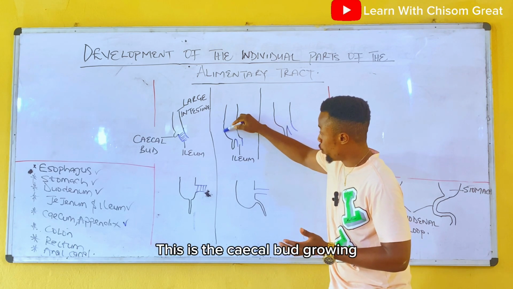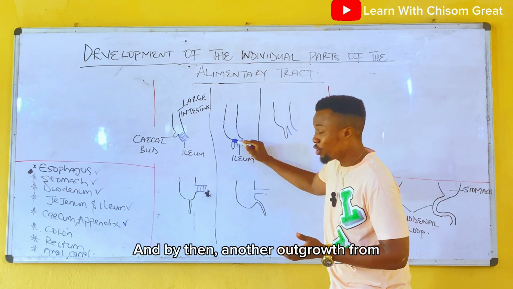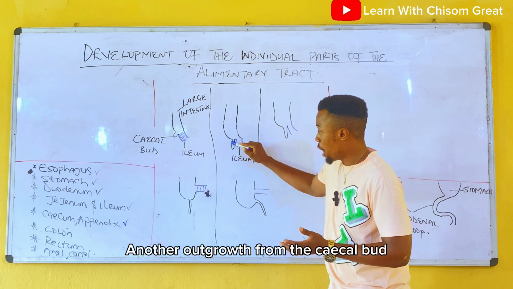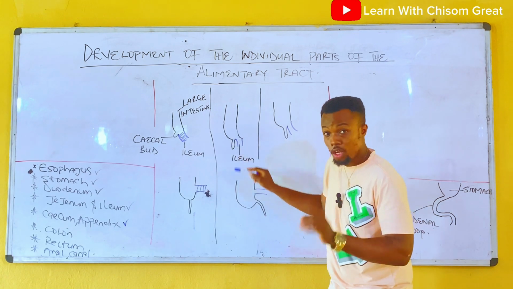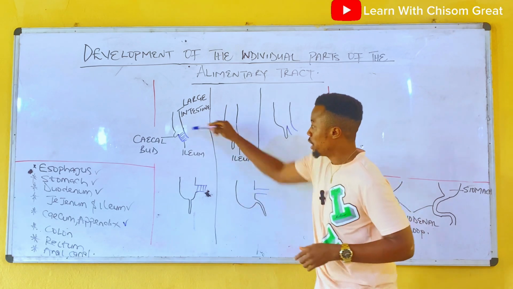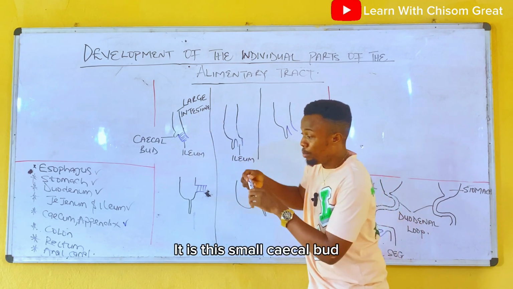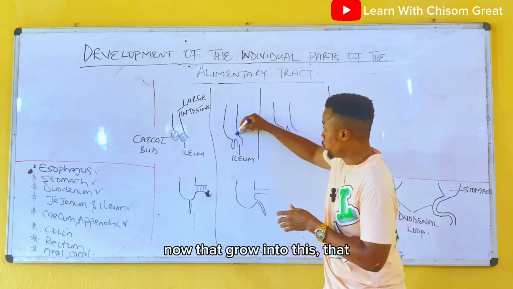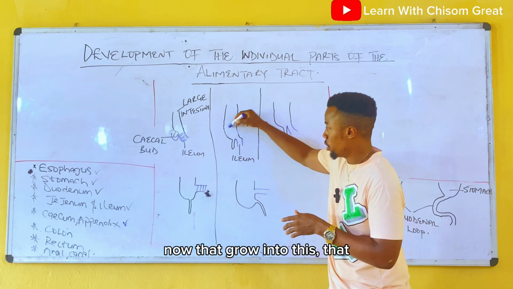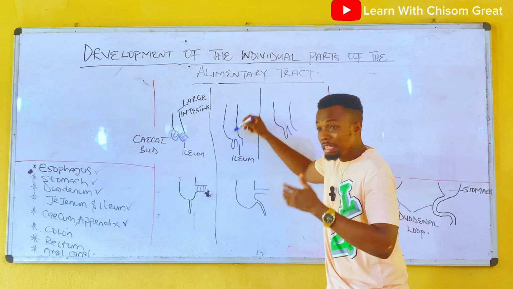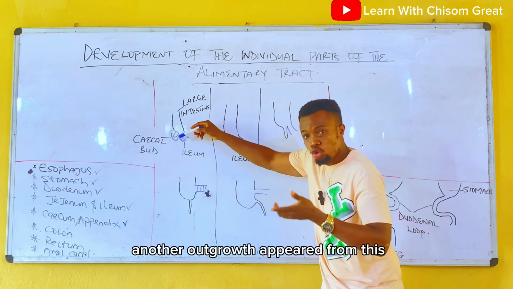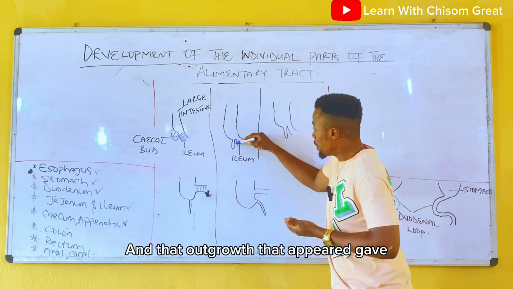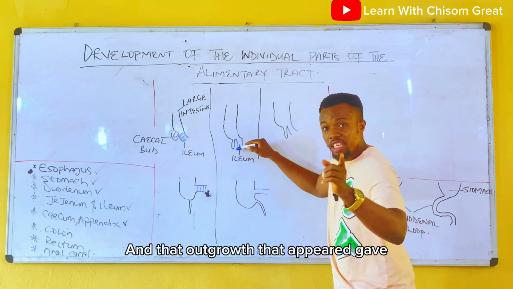This is the cecal bud growing in size, and by then another outgrowth from the cecal bud appears. Note the difference so that you will not be confused. It is this small cecal bud now that grows into this. Now, another outgrowth appears from this cecal bud, and that outgrowth that appeared gave rise to